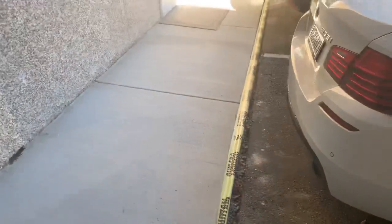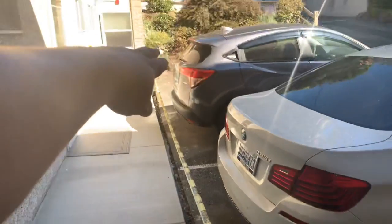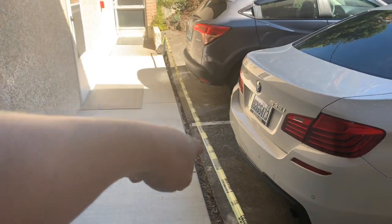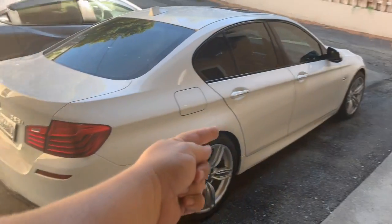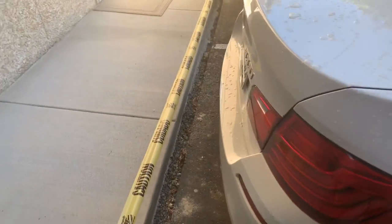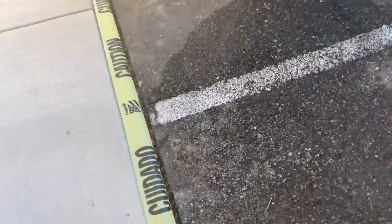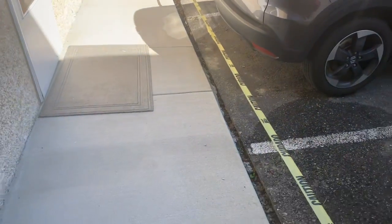And then the last part is this right here. Currently, the water does flow down the hill and along this sidewalk, and then it eventually gets to right about here and flows that direction. So we need to take this area here and fill it in. The challenge here is going to be that little bit of concrete. So I think what we need to do,